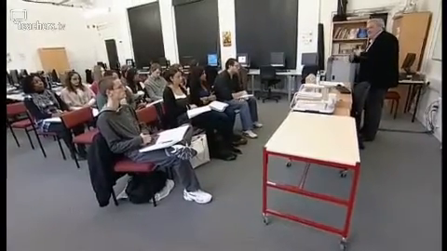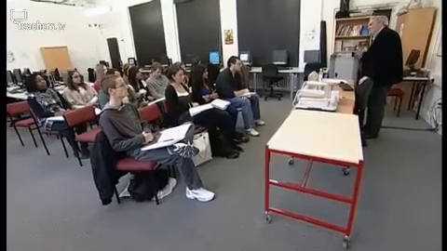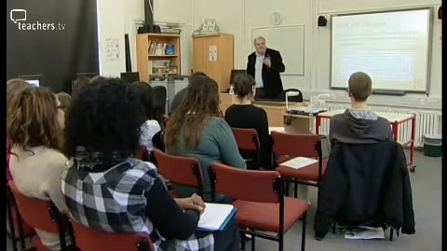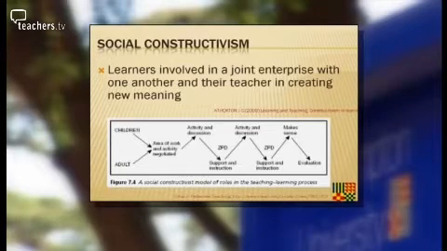Again, in terms of ICT, you're forming your own mental model of how a computer program works. Children, as they're learning to use a bit of software, are forming their mental model of how a bit of software functions. As they try things out, as they experiment with it, they're building up their mental schema of how that software works. Moving on now to the notion of social constructivism, Piaget was very much focused on the development of each individual child, building up their own mental model of how the world works.